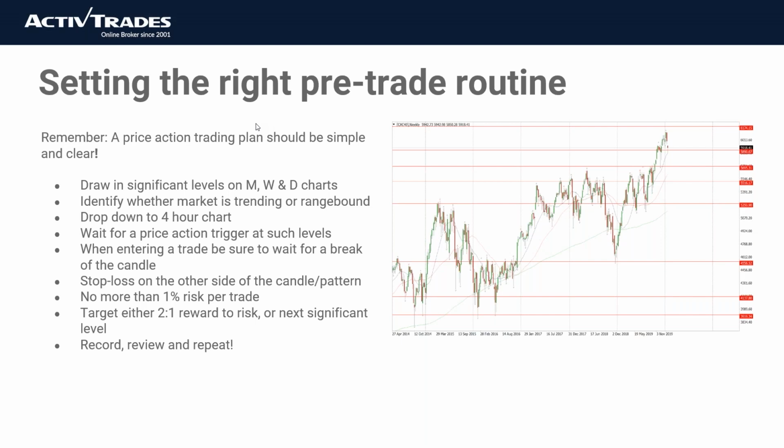Personally, I would say anything over 1.5 to 1 is a good reward to risk. But actually, 2, 3, 4 is very achievable on the 4-hour charts, and that's one of the reasons I particularly like them. And the important thing that you'll hear me always going on about is that whatever you're trading, however you're trading, make sure you record your trades, make sure you review them, and ultimately what you're looking to do is repeat the good trades that work for you, and cut out the sloppy, impulsive trades